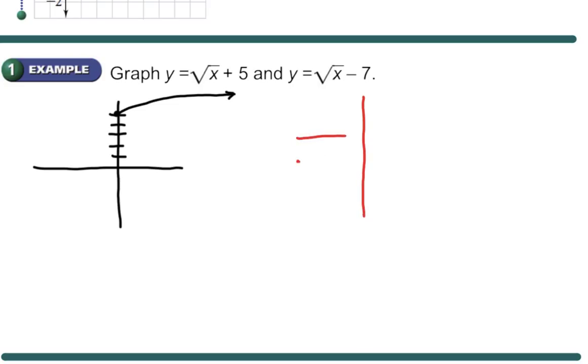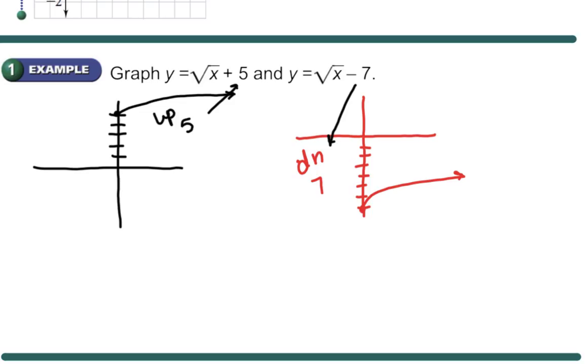All right, now we have the square root of x minus 7. Oop, we're going to go a little bit higher. So we got 1, 2, 3, 4, 5, 6, 7. So I'm going to put my point here, the vertex there, and then sketch like that. That is it. So this one we went down 7, and this one we went up 5, right? Up 5, and then down 7. All right, let's go ahead and move on to the horizontal